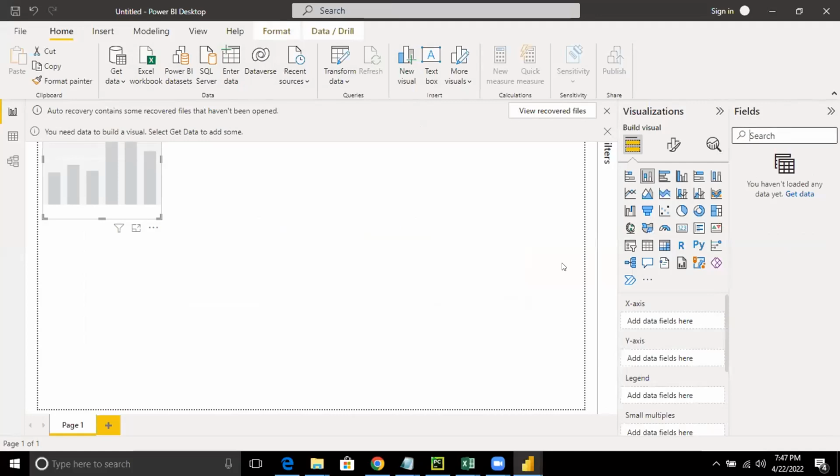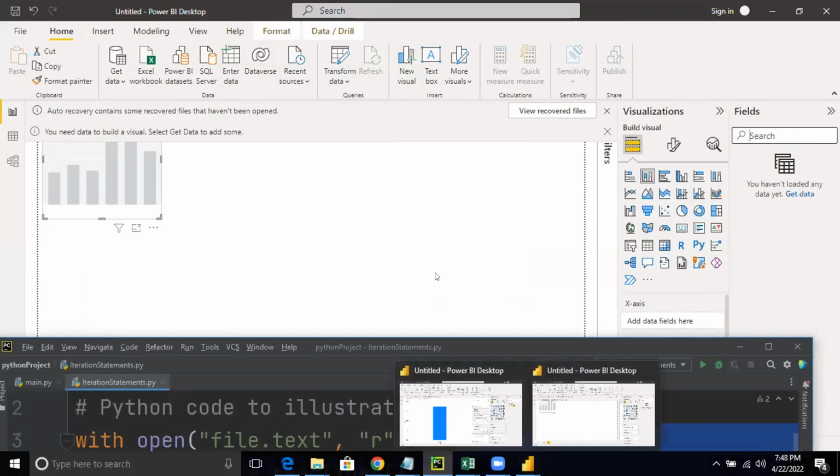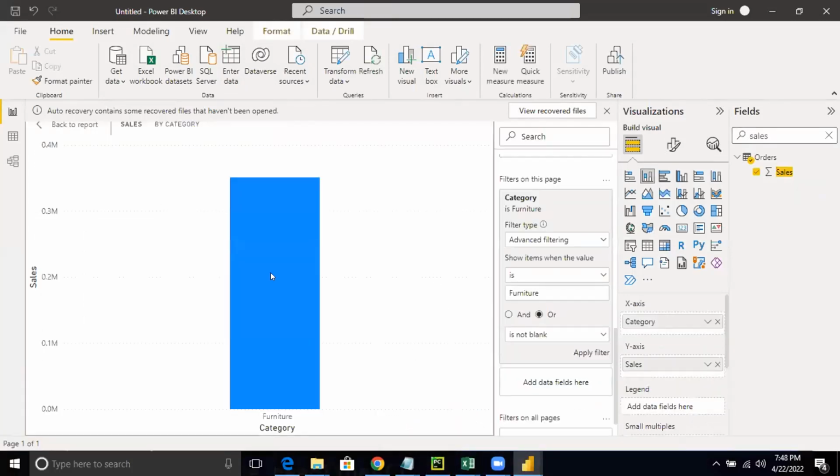So let's say, oh, it says I've not loaded the data. Okay, but we had it, right? Maybe we have opened the wrong one. Okay, this is the correct one. So I wanted to increase the font, right, guys? That's what you are asking. Let's find out. This is the part which helps you to add the data to the visual. Can you see this, Roshan?